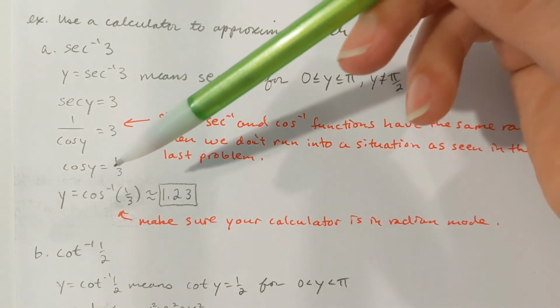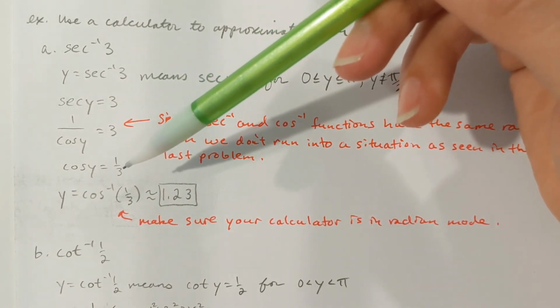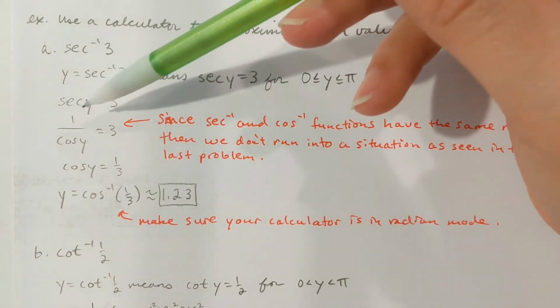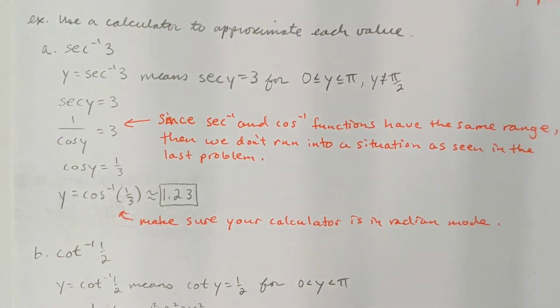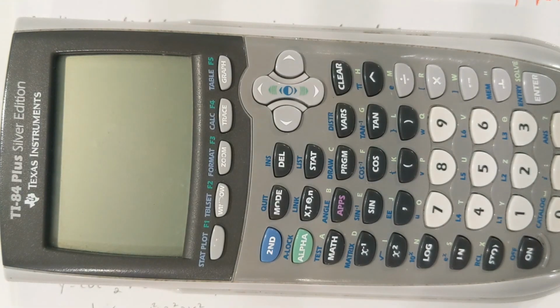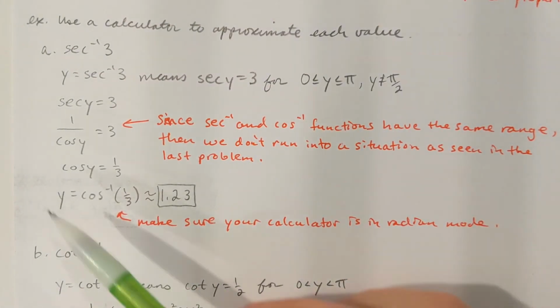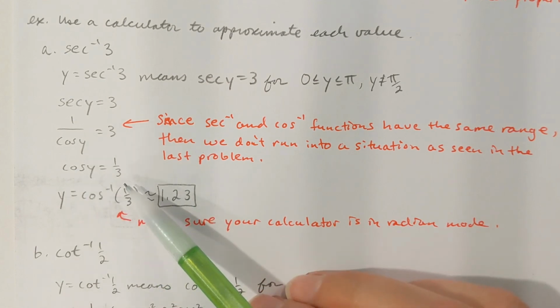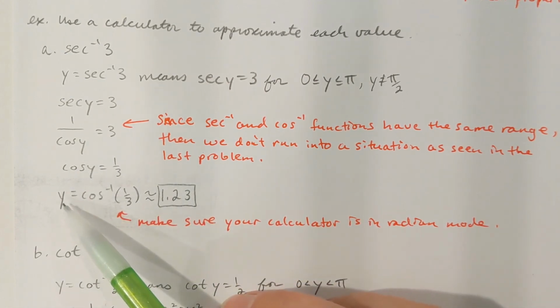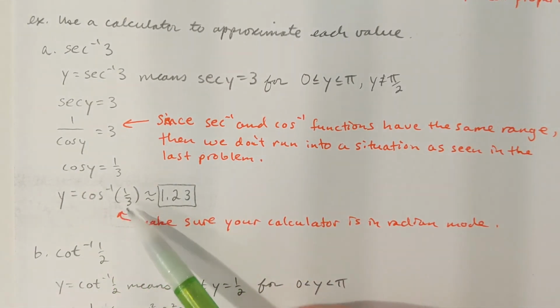So secant of y, that's the same as 1 over cosine of y. If you cross multiply, cosine of y is 1/3. Now the nice thing about using the reciprocal identity here is that, as I just mentioned, I do have a cosine inverse button, right? So if cosine of y is 1/3 and I take cosine inverse of both sides, y equals cosine inverse of 1/3,